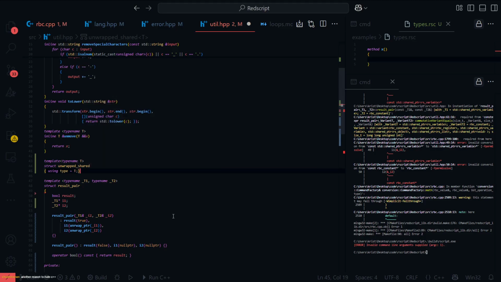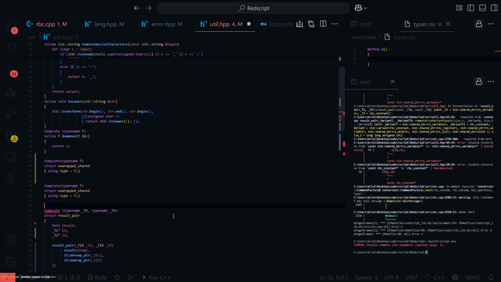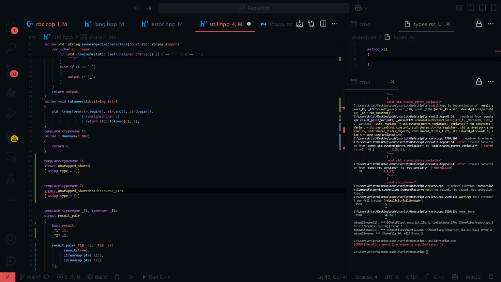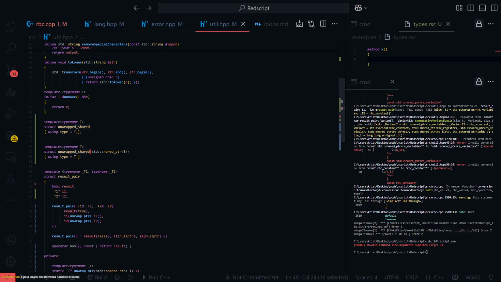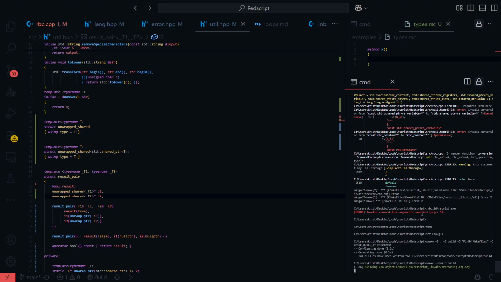You know, using type is T, and then I can copy this. And unwrap shared will take a standard shared pointer, obviously to the T, and using type is just equal to T. Okay. So I can just do unwrap shared. See if that fixes it.